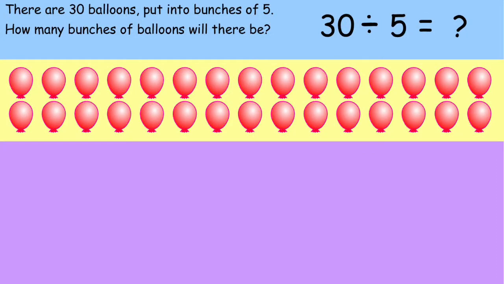One more for you to try. This time there are 30 balloons, okay? 30 balloons. So can you either start to draw your 30 balloons at the top or find yourself 30 counters or pegs or dominoes, whatever you've got 30 of. Once you're ready, you need to start putting them into bunches of 5. So underneath, draw a little bunch with 1, 2, 3, 4, 5, and then you can get rid of 5